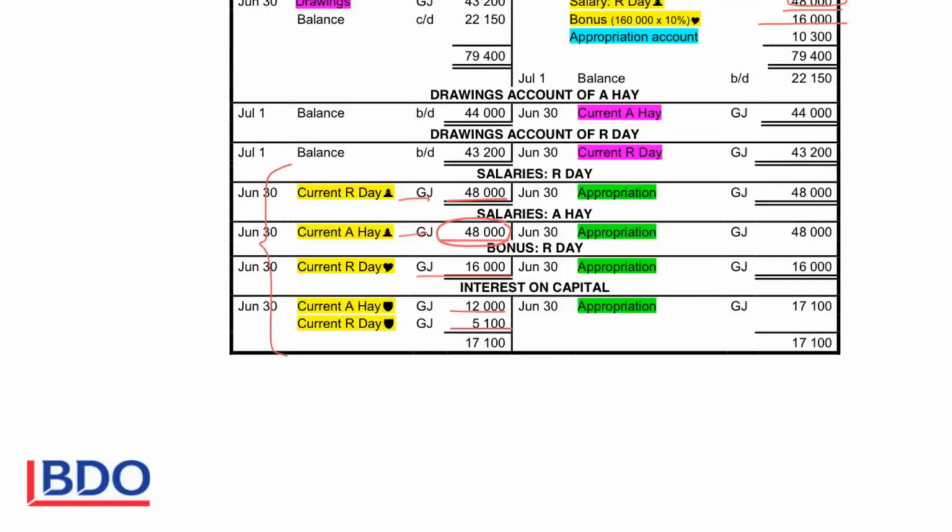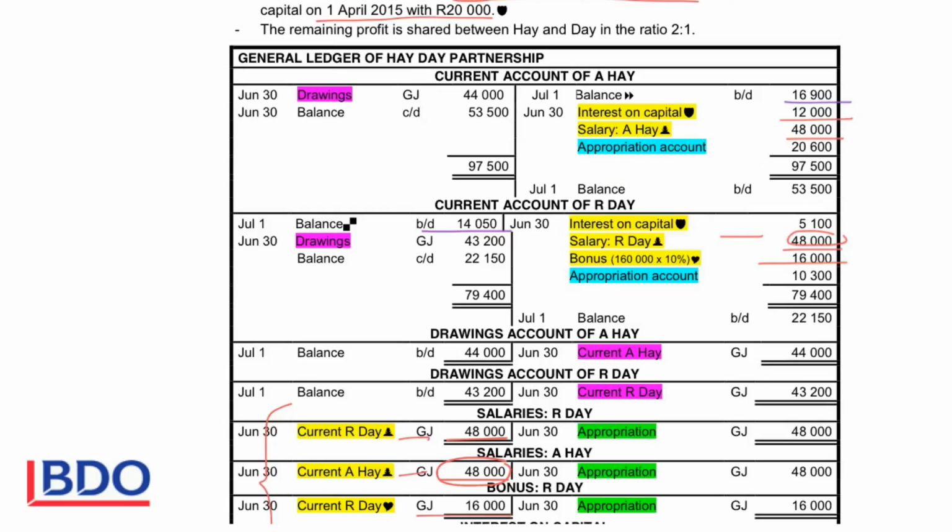So if you look at the yellow figures here, that's all the expenses that we had to pay. And if we look in the current accounts, you will see that all these expenses were credited to the current accounts. So the yellow figures, we debited the expense and we credited the current accounts. Now, after we've done that, we can do the closing transfers and close off the expenses to the appropriation